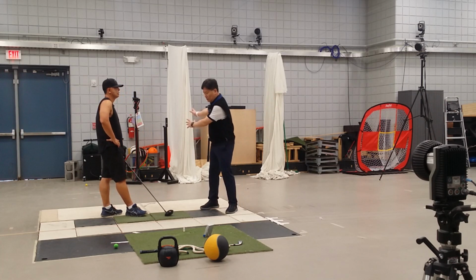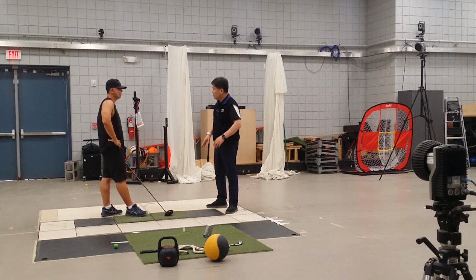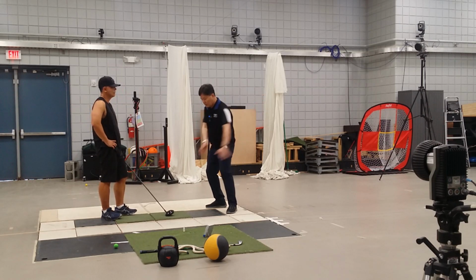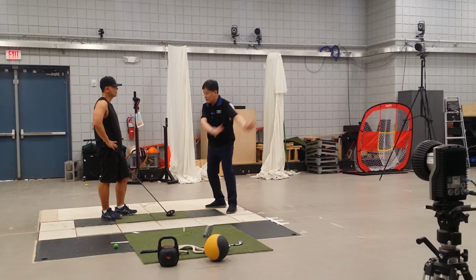the reason that my motion looks kind of flowing here is because I use my legs, and they have a little bit of up and down motion, and they have this rhythm here. So that's why my motion looks a lot more flowing. So you need something like this instead of,